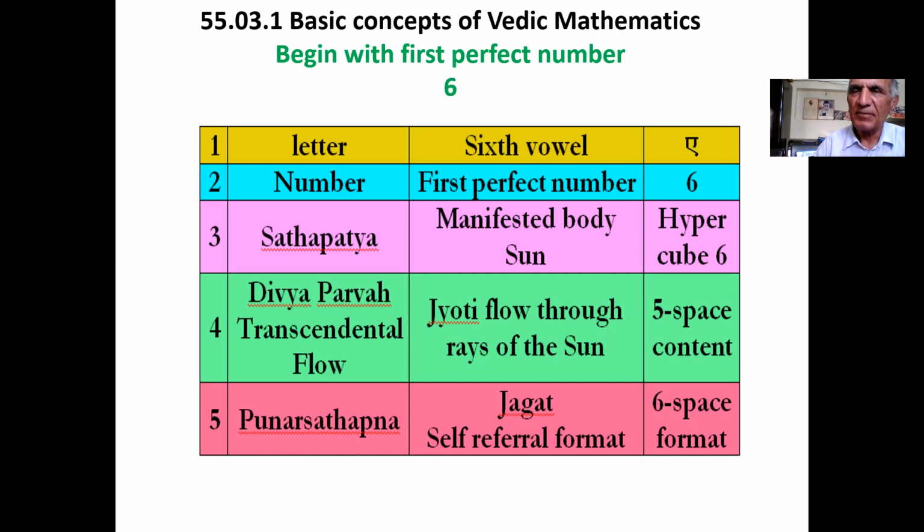On the computer screen is a table of 5 basic features of such beginning. The beginning is with the 6th vowel. So the letter A, the 6th vowel, is preserving the first fold, the principal fold, the uppermost fold of the values and features of organization of knowledge system of Vedic order.